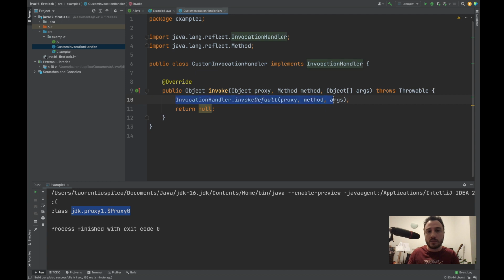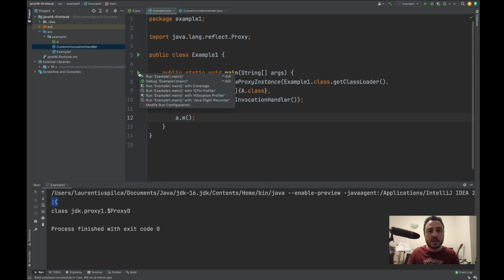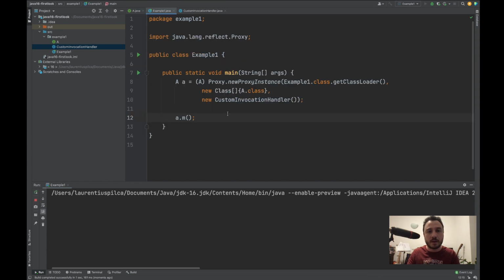And when you call the static method, then it will go and call the default implementation from the interface. So what you will actually see is that instead of the sad face, now it will display a smiley face, because now the invoke goes and calls the default implementation, which is the one with the smiley face. So this is a small addition, but it is important because it allows us